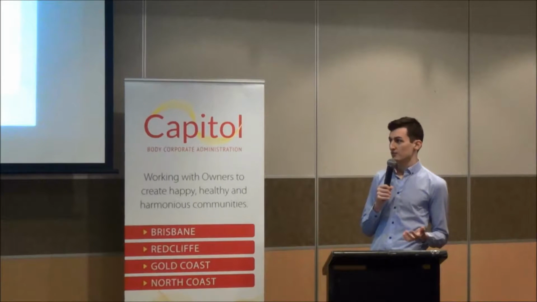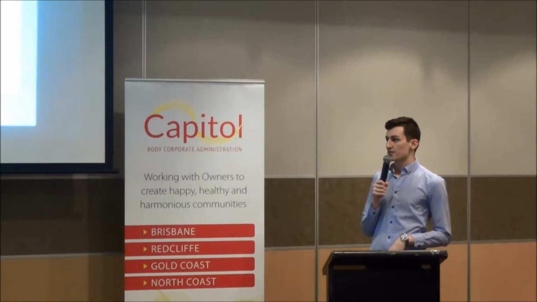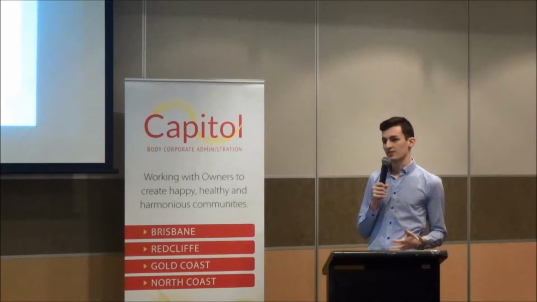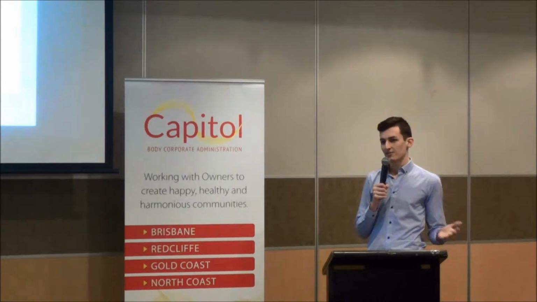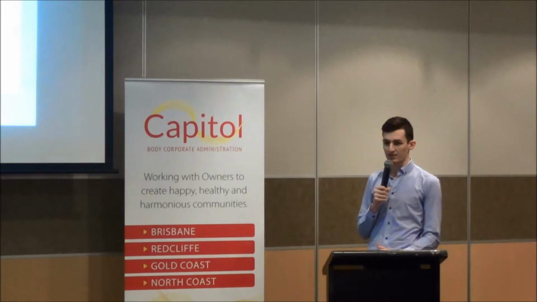The administrative fund is for your annual or ongoing expenses. It covers things like general repairs and maintenance. Any payments that you make regularly or the body corporate makes regularly are coming out of the admin fund. The fund is annual, so it's not a savings account. And that means that, in theory, at the end of the year, the fund should be back to zero. So you collected what you needed for the year, you spent it, and you're back to zero.